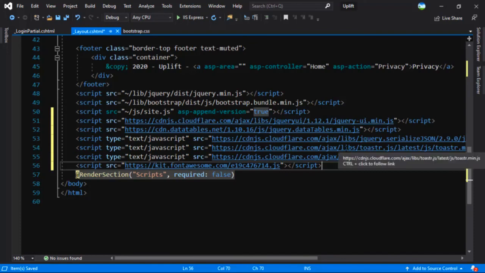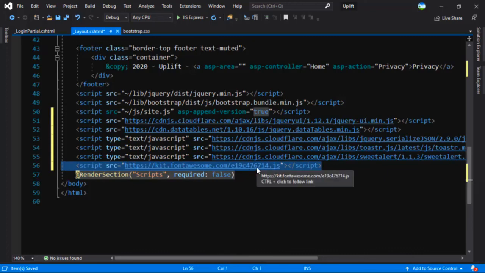Now in here, everything should work as expected with the code that I have provided. I'm just not so sure about Font Awesome because they have provided individual JS once you register. So if this does not work for Font Awesome, you can go on their website and register for an account with your email, and they will email you a SRC like what you see on the screen, and you can use that to proceed with the course. That being said, we have all of